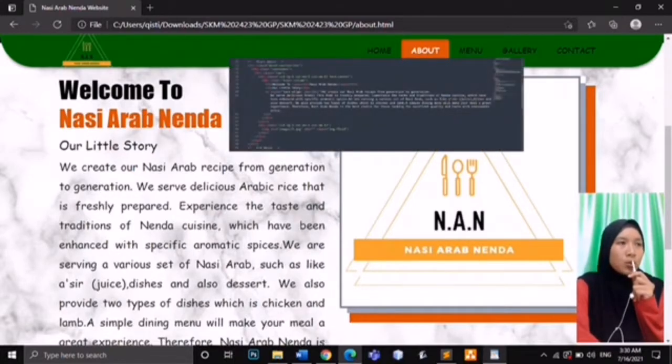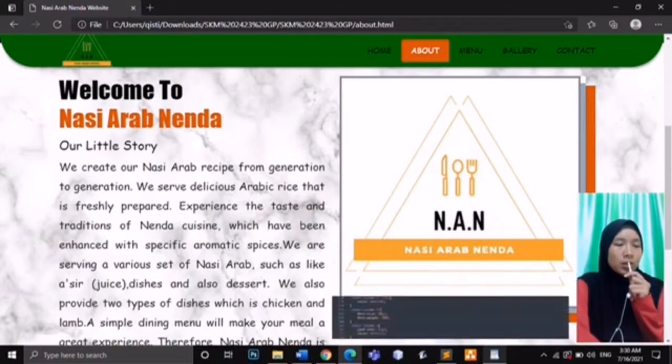Firstly, we use H1 for welcome to Nasi Arab Nenda, H4 for our little story, and 1 paragraph. Next, for CSS, we use inner column for H1 span, which is with the color #D65106. For inner column H4, we put font size, which is 26 px, and font weight, which is 500. For inner column paragraph, we use font size, which is 23 px, and color